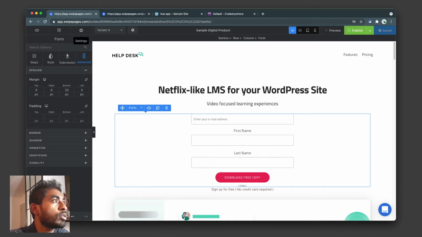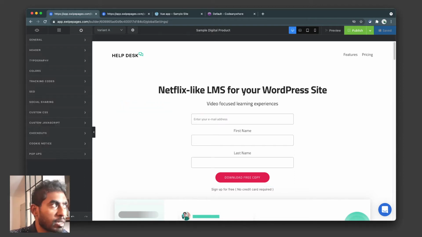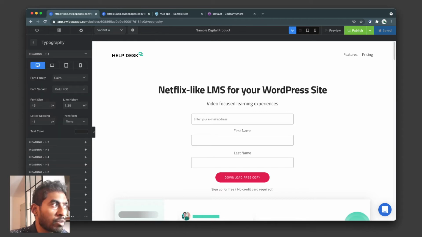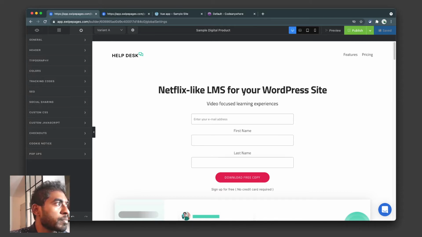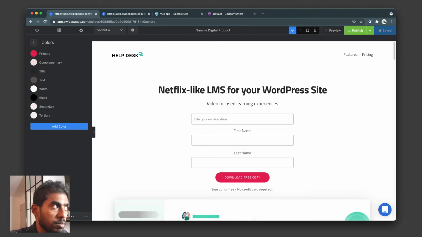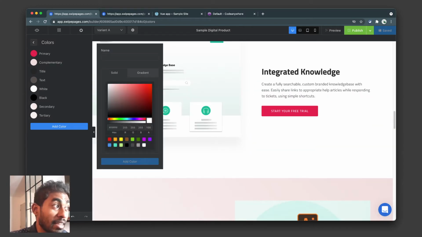So finally, let's check out the settings, right? We already checked out, there's a favicon setting. There's typography, where you can set for everything from H1 to H6, paragraph, caption, button, testimonial, large text, small text. There's colors, where you can control most of the colors from a single place, and an ability to add another color. So for example, if I have